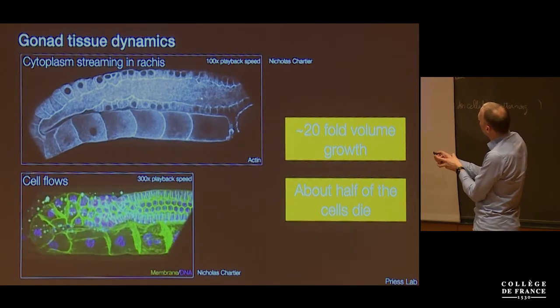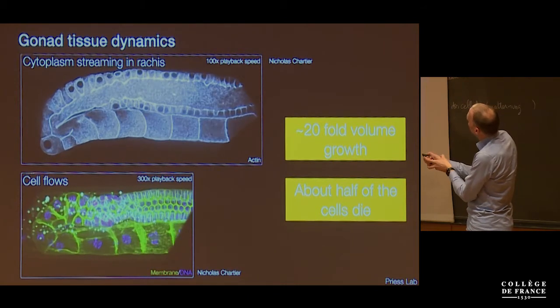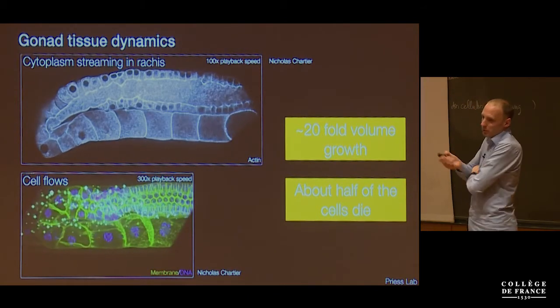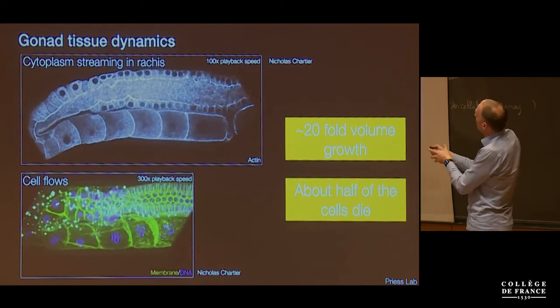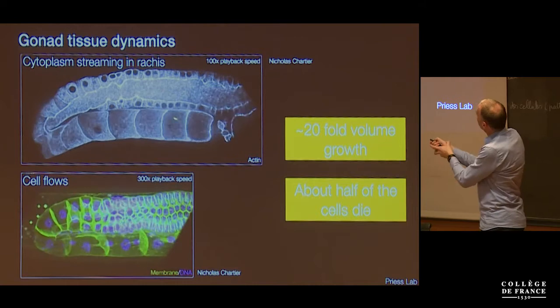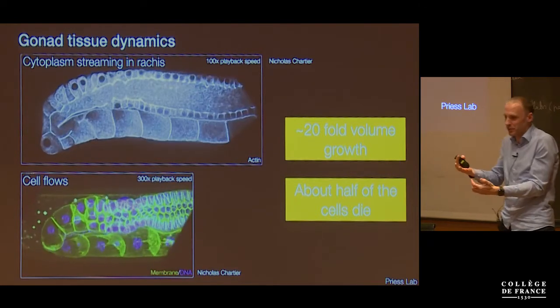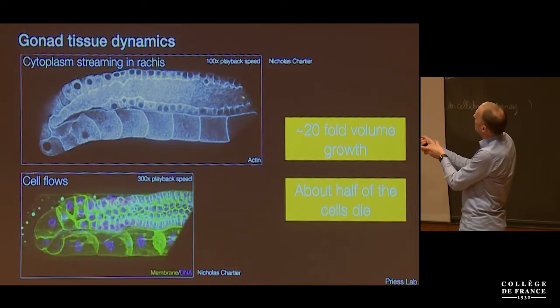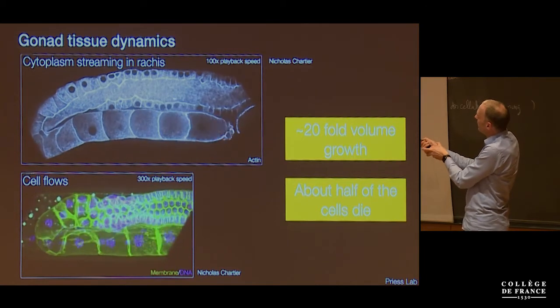The gonad is also, there are prominent flows observed in the gonad. So what we're looking at here is just actin filaments. Actin filaments are everywhere. They're most prominent, of course, on the surface of the cell, but they're also sometimes prevalent inside. So we just use them as fiducial markers for flows.